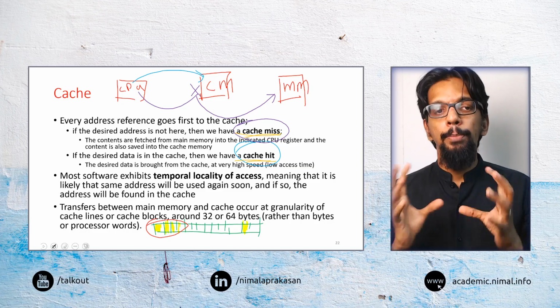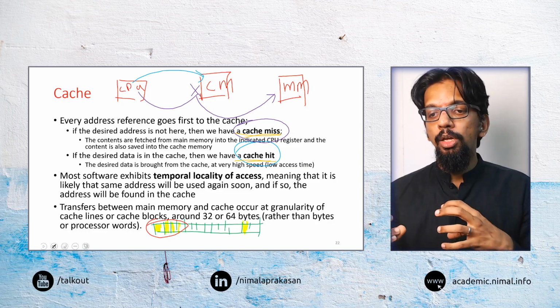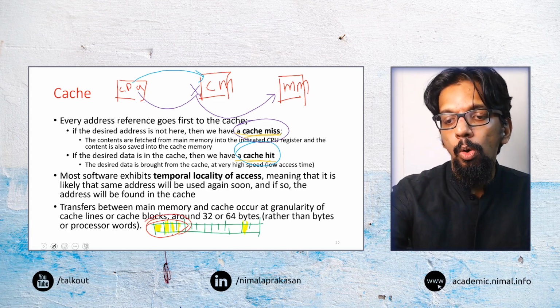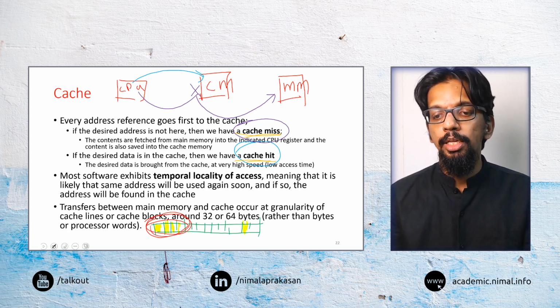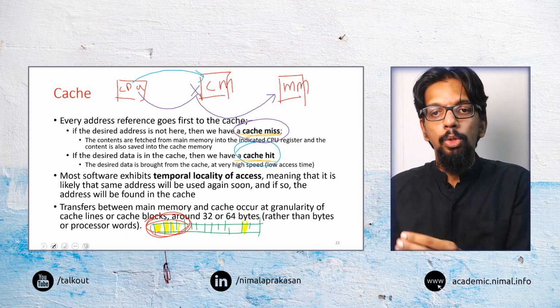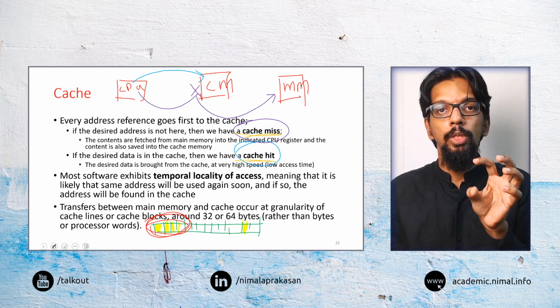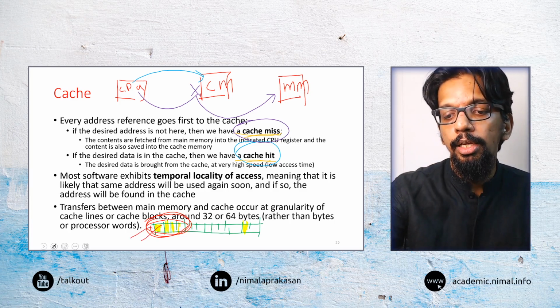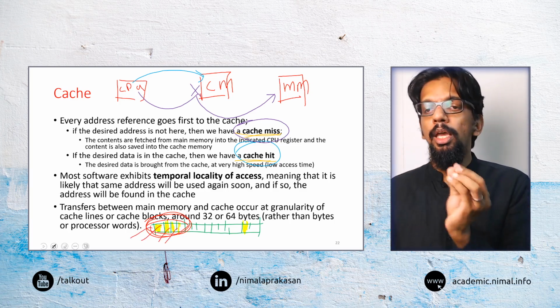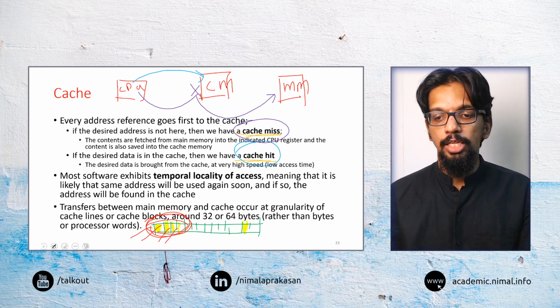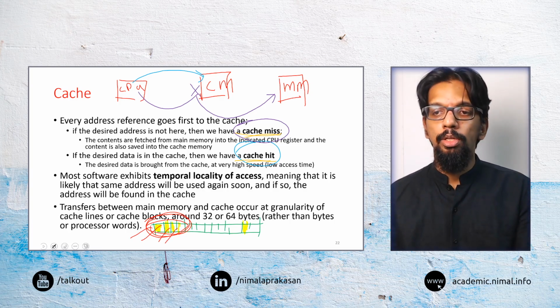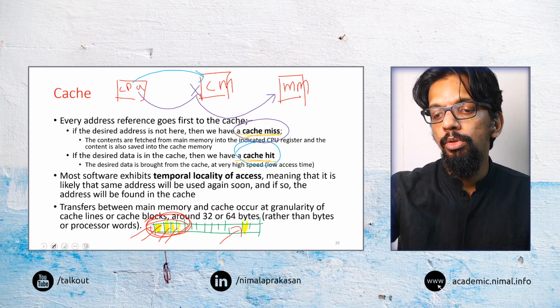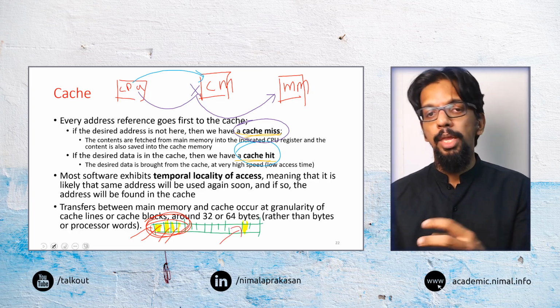Because of this temporal locality, what we can do is, if we load all of these things into the cache memory, or all of the things that are closer to the currently used data into the cache memory, we are most likely to always get cache hits because they are closely located in the cache memory. But in case it is not there, we may have to go and find it in the main memory.